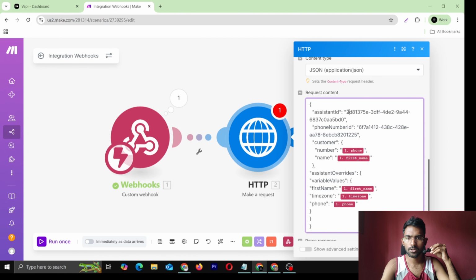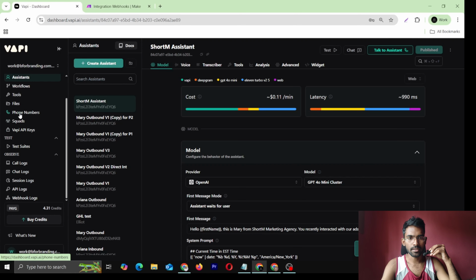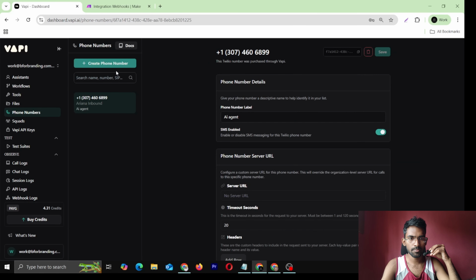Just go to Bhapi, go to assistants, and here you will get the assistant ID. This is the assistant ID, not this one. You will also get some ID type things here, but this is not the ID, this is the ID. Just tap on copy assistant ID, go here and paste the assistant ID here,